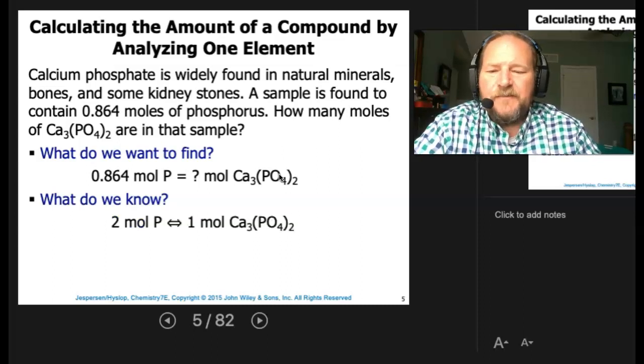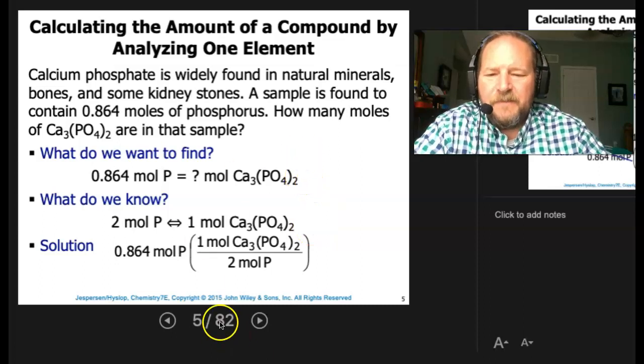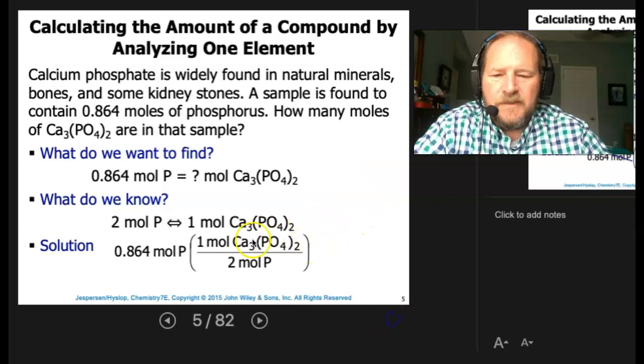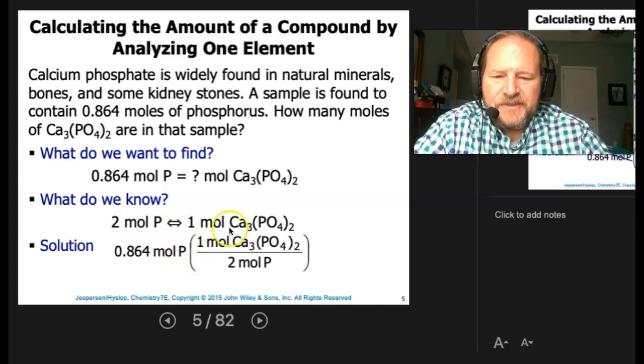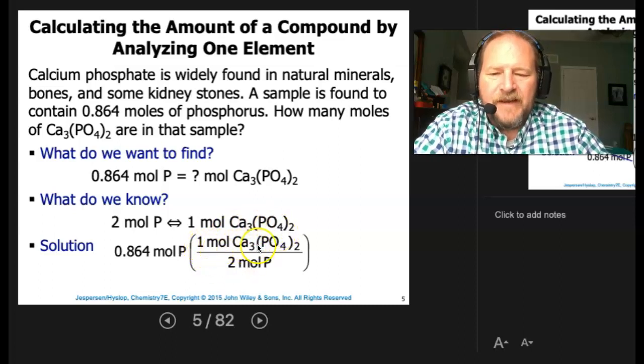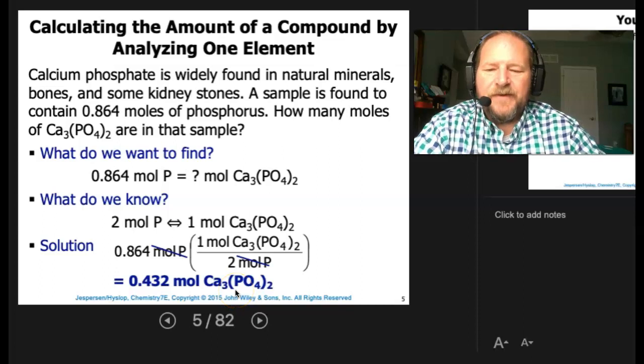So that means we know, according to the formula, that for every 2 moles of phosphorus, we're going to get 1 mole of calcium phosphate. So now to put it together mathematically, we're going to take our 0.864 moles of phosphorus coming from the problem. And then, of course, our relationship for phosphorus to moles of the entire compound. So for 1 mole of calcium phosphate, it's going to cost me 2 moles of phosphorus. Moles of phosphorus will cancel out, and we'll be able to do the math here and get 0.432 moles of